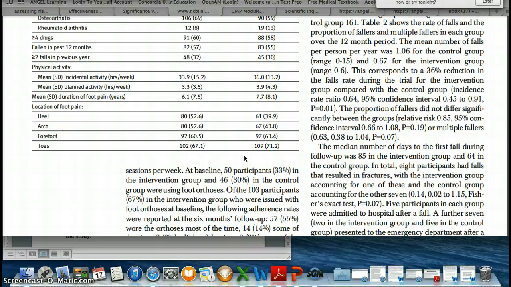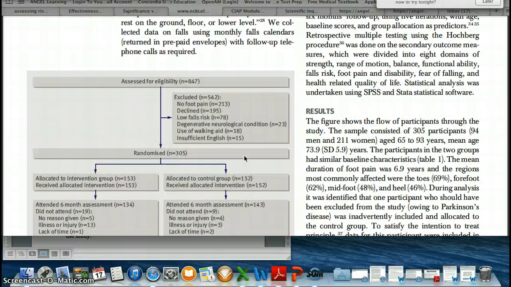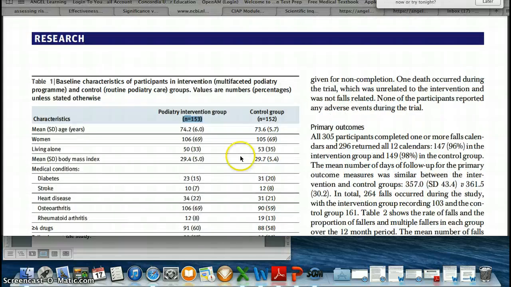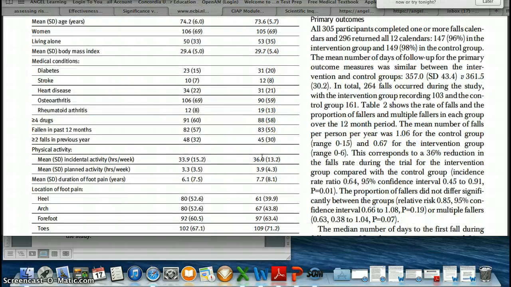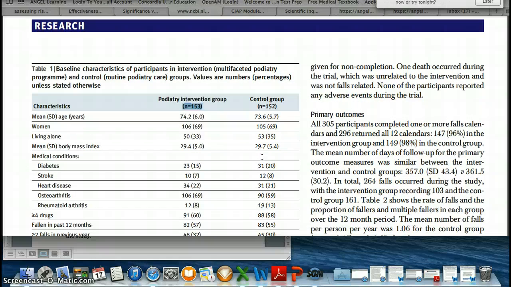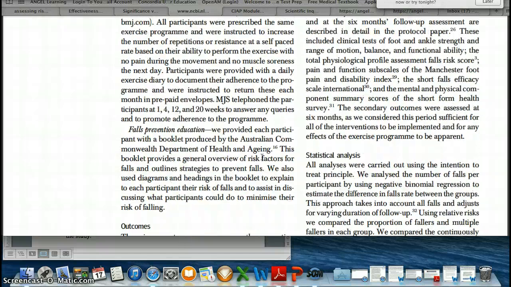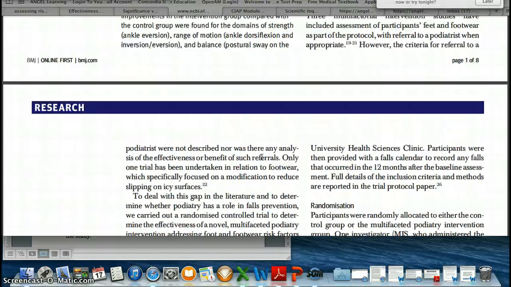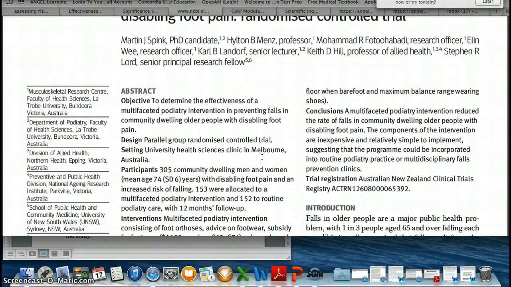Another thing, so let me go back for a second. We didn't talk about inclusion and exclusion. Just FYI, that information was found in table 1. And this is where you can see how closely they were matched, and this is all the information to show that. And if you want to know where to find inclusion and exclusion, if you go back to the top of the paper,